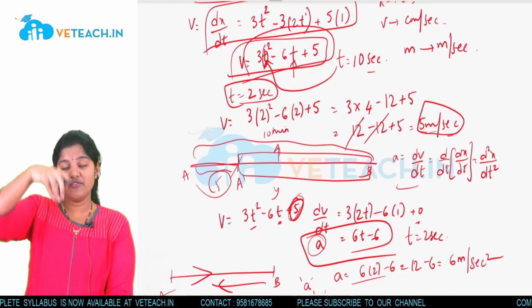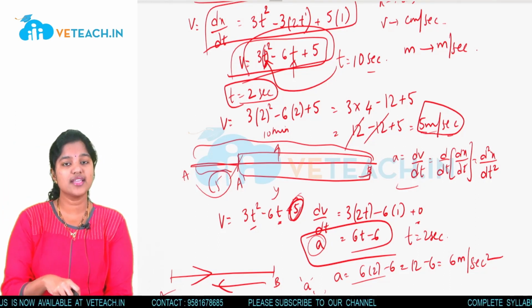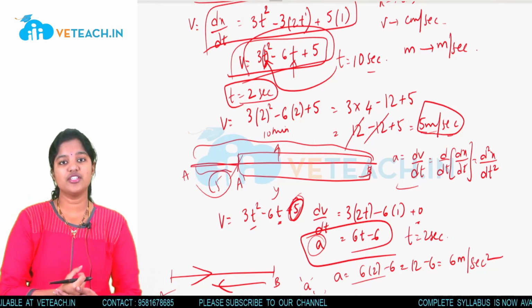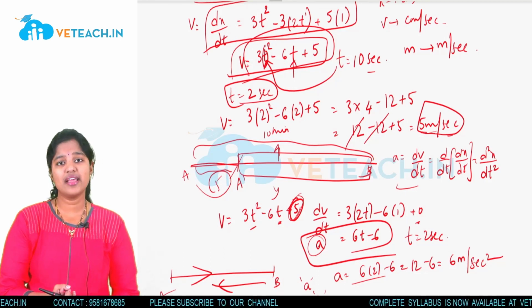If the ball is freely falling downwards, that is, I am throwing the ball downwards, then we can say it is freely accepting the gravitational force. So acceleration becomes plus a. So this is a simple example.